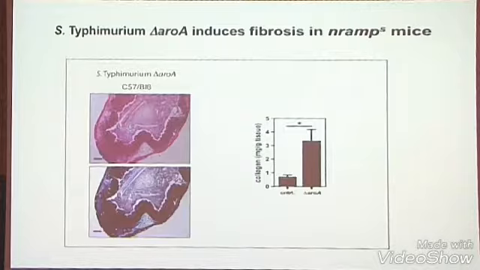Now, if we're going to develop a good model for fibrosis, you have to use it in mice that people can make knockouts in. And most of them use a type of mouse that's NRAMP sensitive. So we then developed the model using a slightly attenuated Salmonella. This is a live attenuated Salmonella that doesn't kill mice. It's also used as a vaccine strain. If you use this strain in these mice, the mice don't die, and you still see the intense inflammatory type effects going with this. And you get large collagen deposition. What this has now done is allow this model to be extended to various knockout animals to start to probe the role of various inflammatory pathways, et cetera, in this type of disease.